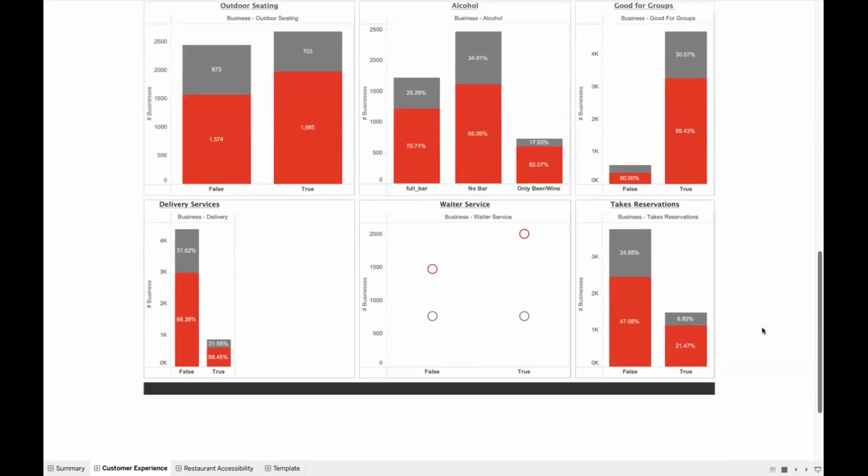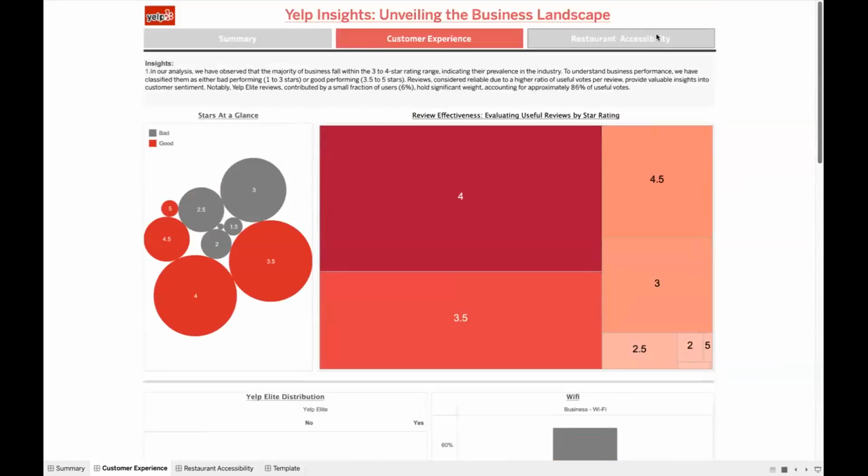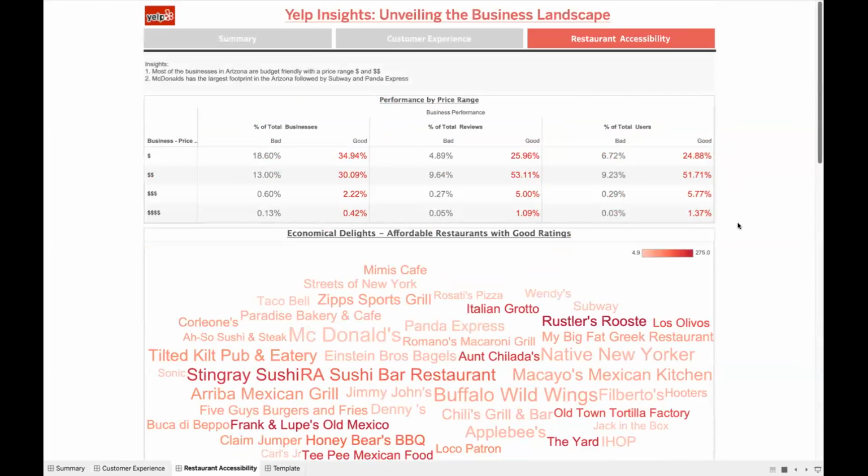So those restaurants perform well, better than the others. Now, looking at restaurant accessibility, we are seeing performance by price range. Here we have restaurants that are $1, $2, $3 or $4. We see that $3 and $4 restaurants are very few, and only 4% of them fall under extremely pricey restaurants, but most of them are budget friendly, and almost 60% of restaurants perform well, be it $1